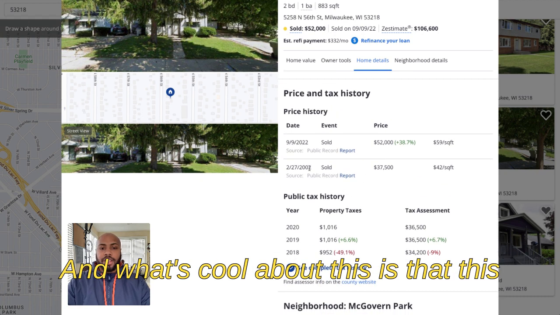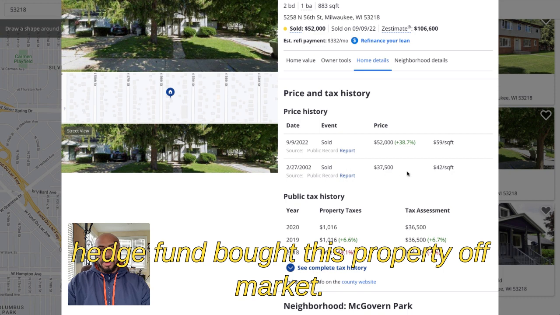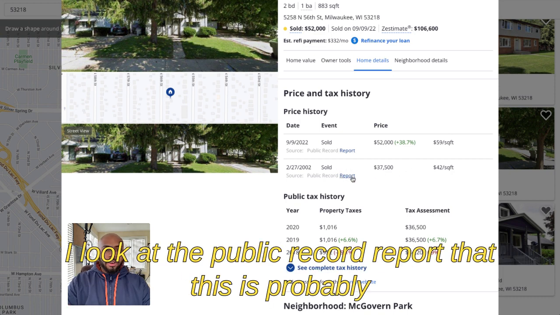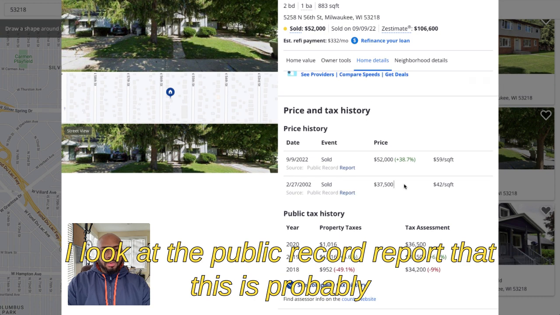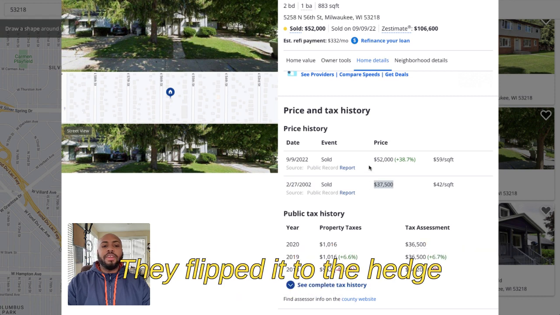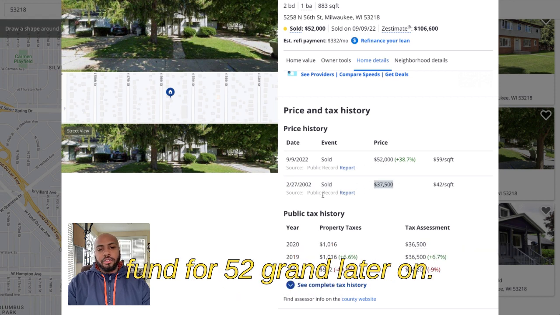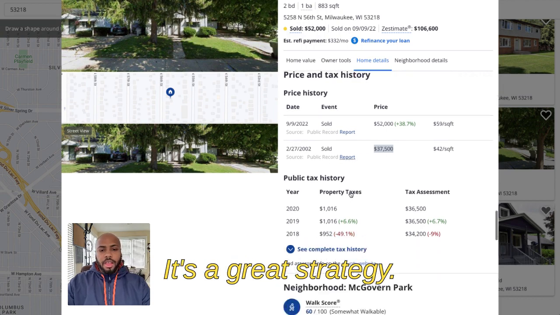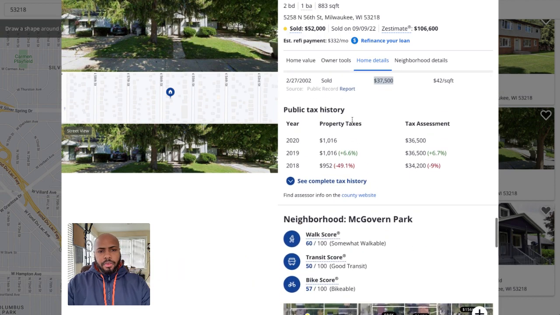And what's cool about this is that this hedge fund bought this property off market. I'm very certain, if I look at the public record report, that this is probably an investor that bought it in February for 30 grand. They flipped it to the hedge fund for 52 grand later on. It's a great strategy. I know people that do that.